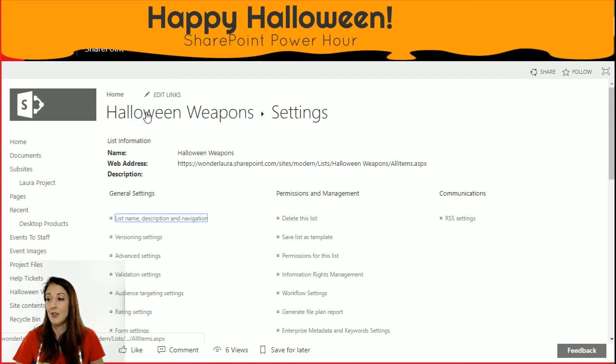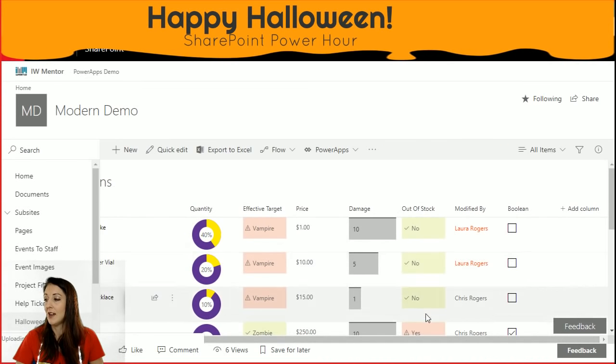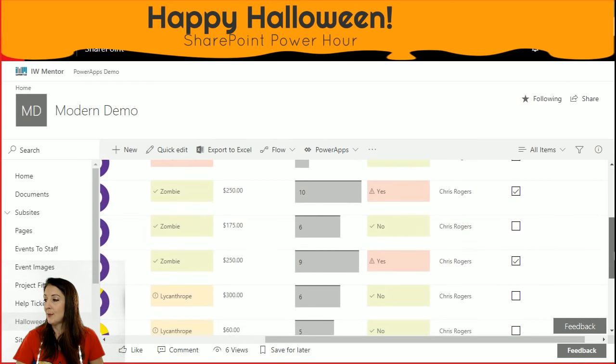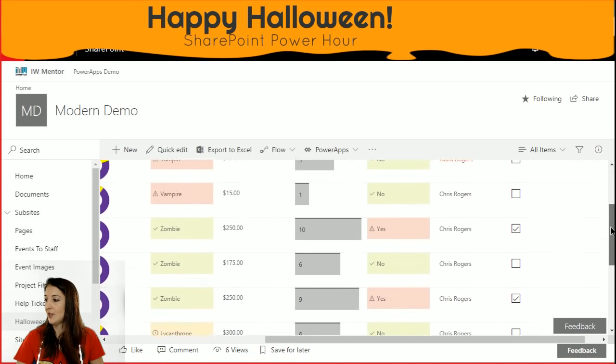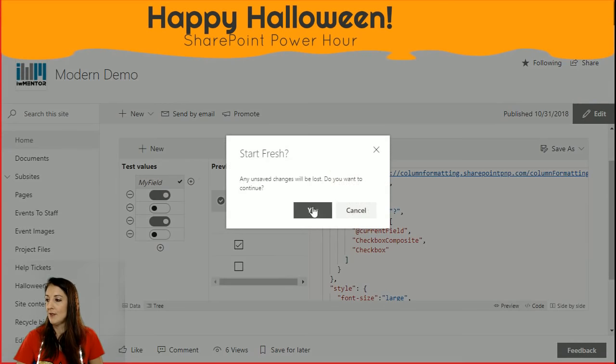So the Boolean field isn't an actual field, it's just calculated off of out of stock, just to show you two different ways of displaying this concept of yes and no. So you can see some of these are checked. All right, now let's go look at, so I did the yes and no. Let's go look at the people field. So the person field